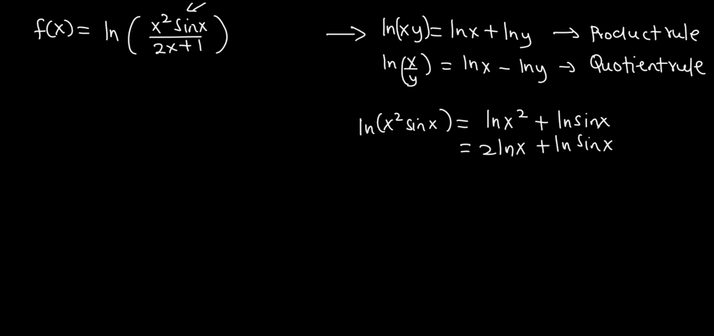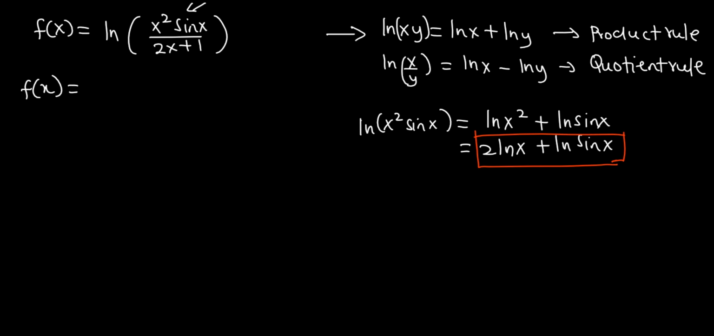Let's take note of what we have here. Now let's do the same for the denominator also. We have 2x plus 1. As for the denominator, we can leave it that way. So let's look at what we are going to do next. We're going to rewrite everything that we have here. So f of x will now become,